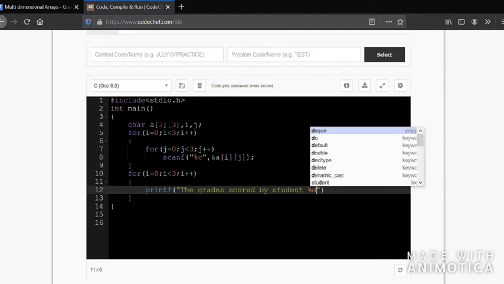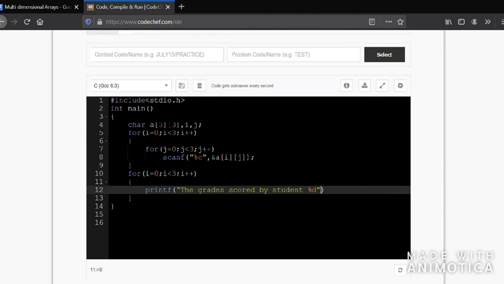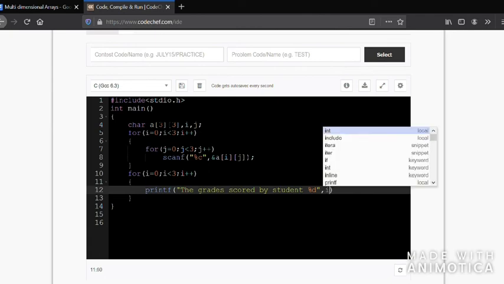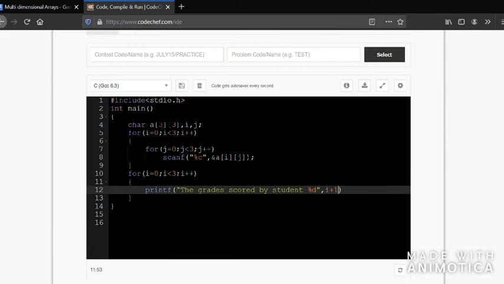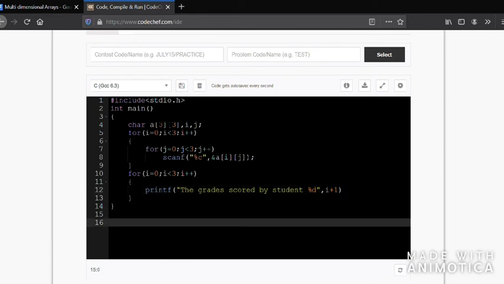Instead of %d, we will give first student, second student, third student. The first time the value of i is going to be 0, 1, 2. We want it to be 1, 2, 3. So what will you do? You give i plus 1. So here I am giving a slash n.